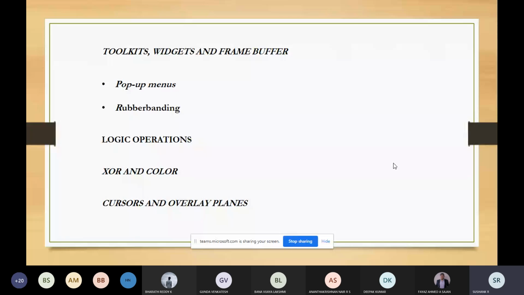Here it is reading the pixel and performing the OR operation. The source pixel is performing the OR operation with the read pixel, and it is giving an output as the destination pixel buffer. So this is a model.